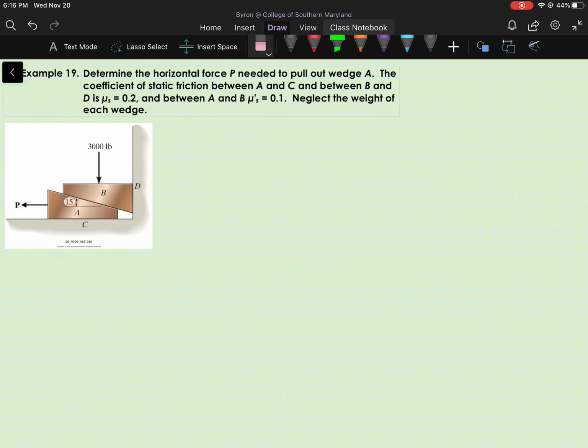Wedge A is what is known as self-locking, that with the 3,000 pounds applied to wedge B, wedge A is not moving due to sufficient frictional forces acting on it to keep it in place. So we need to determine the magnitude of the force P shown to unlock the wedge or get it moving to the left. So this is an impending motion problem